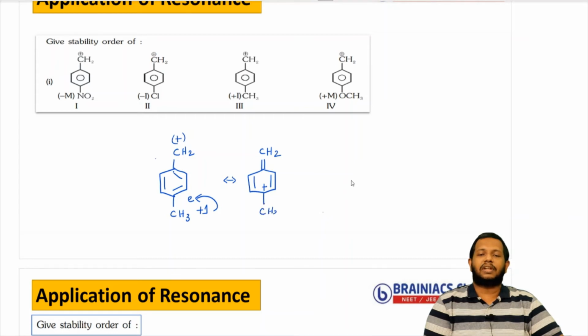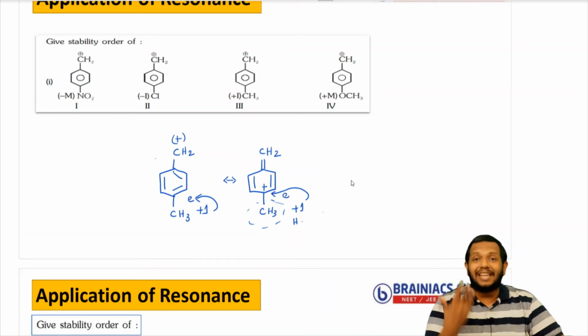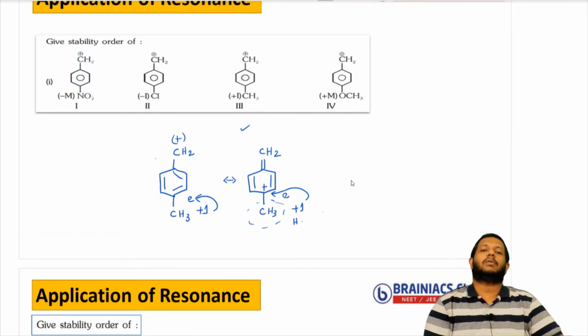Now you know that CH3 has what effect? Actually plus I effect, and also hyperconjugation is there, which I will explain in that context. Due to plus I effect, it will donate electrons in this direction, making this a stable species. But in the previous two species, when plus charge comes over there, the plus charge magnitude was increasing, but here it is decreasing. Plus charge decreasing means it is getting stable. So I can say this is a much more stable compound. The third one is a much more stable compound.